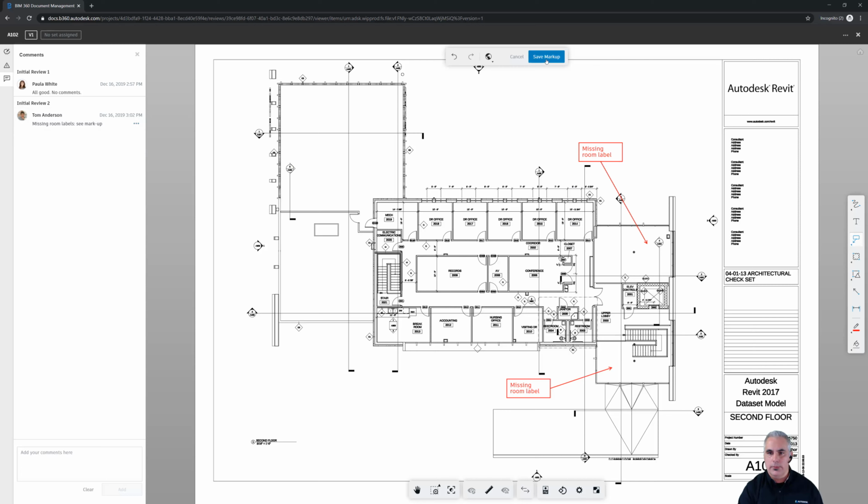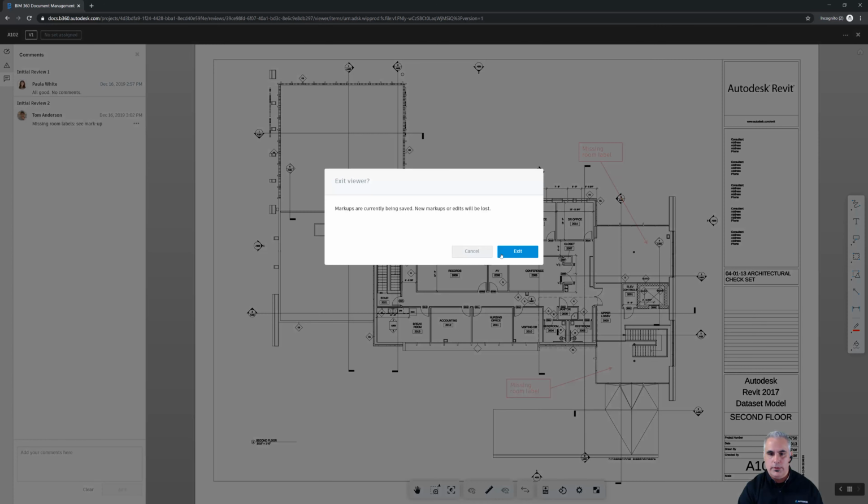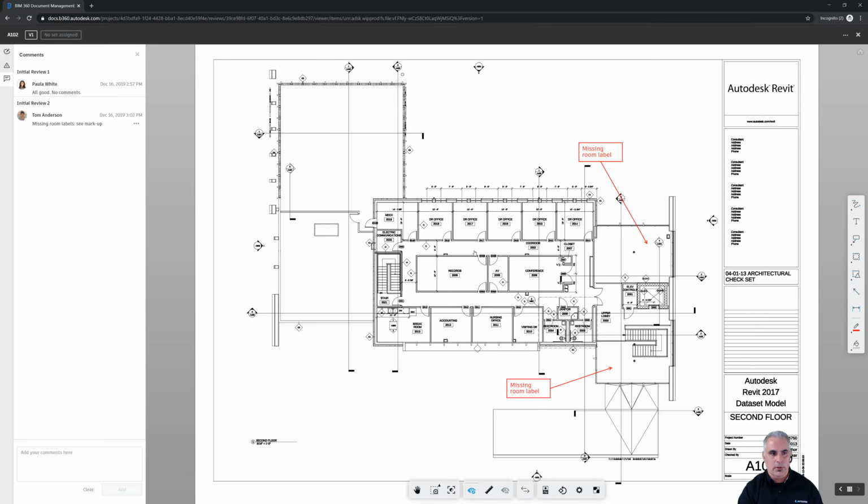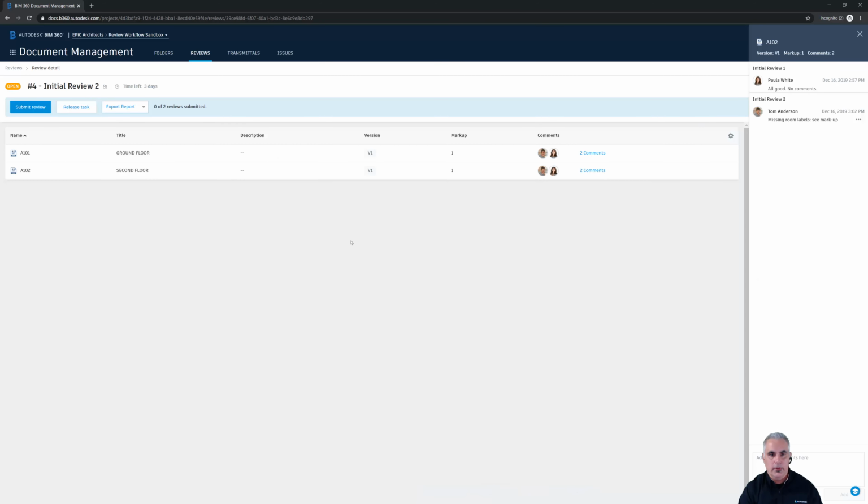All right, so let me save that markup. And Tom is all done with his review. We still have a markup saving here, so let's just hold on a second. There we go. And Tom submitted his comments, whatever markups he wanted to submit, and he's ready to finally submit